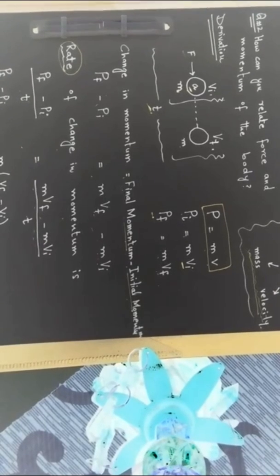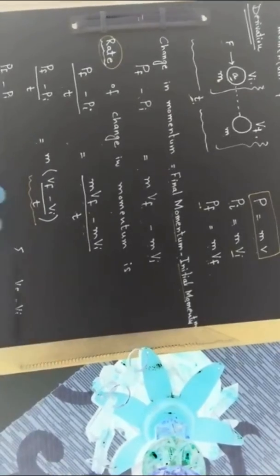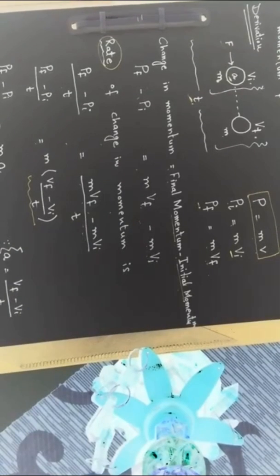In the next step, (Pf minus Pi) over t will be equal to, taking m common, m times (Vf minus Vi) over t. Now we will have to put the value of this expression. As you remember, acceleration is equal to (Vf minus Vi) over t, as acceleration is the rate of change of velocity, where Vf represents final velocity, Vi represents initial velocity and t represents the time. Hence, by putting the value of acceleration in this equation, we get (Pf minus Pi) over t equals